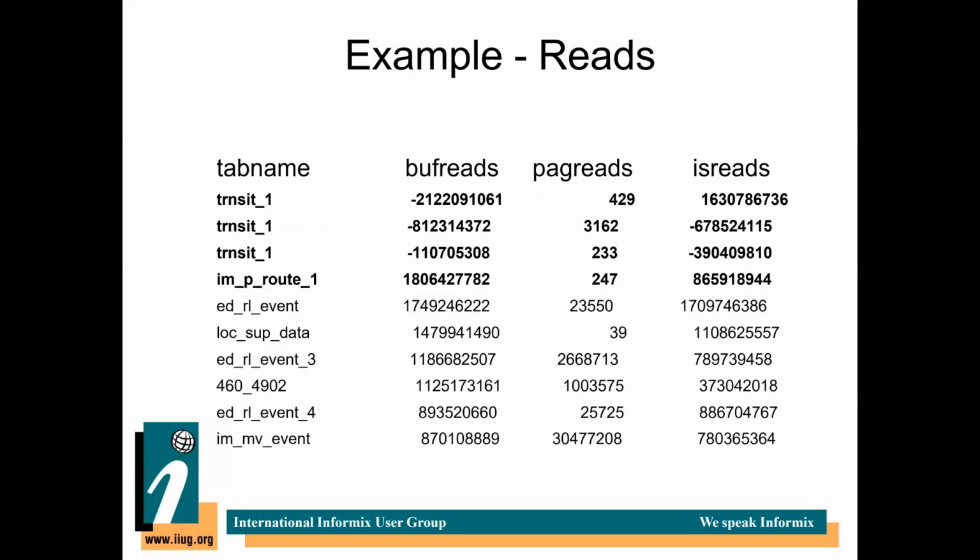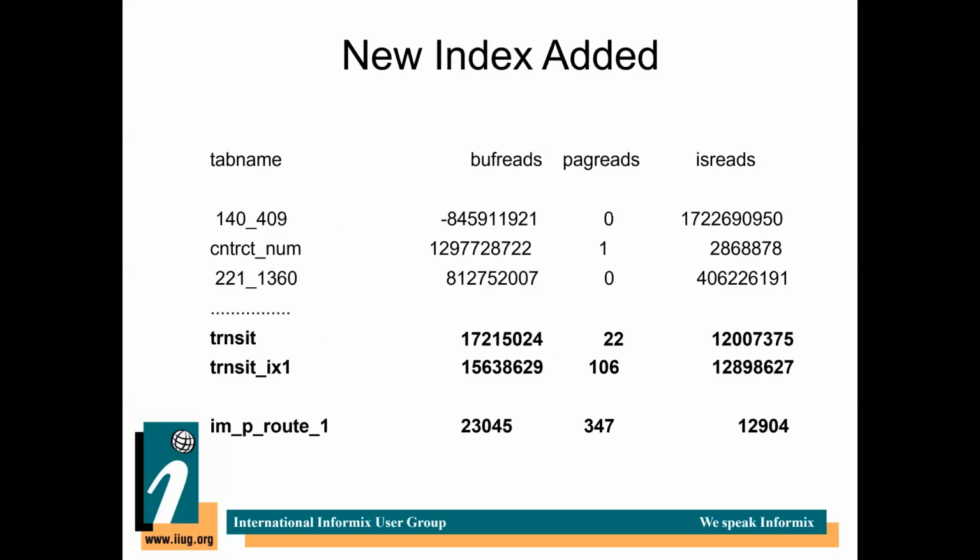Here's an example of some reads on some tables, and you sometimes want to look at what tables or indexes have the most buffer reads or page reads, because there may be more optimizations that you can do. They may be doing a lot of sequential scans, and that's why your buffer reads or page reads are high. So one thing you can do by looking at that is go back to your queries and see whether adding new indexes could help improve